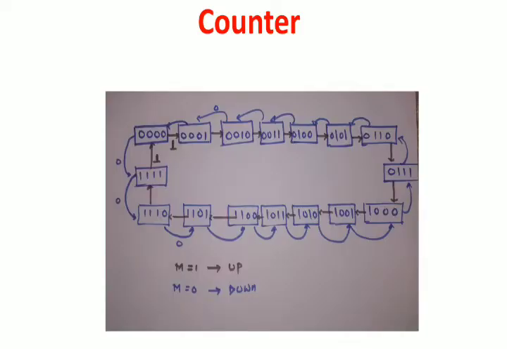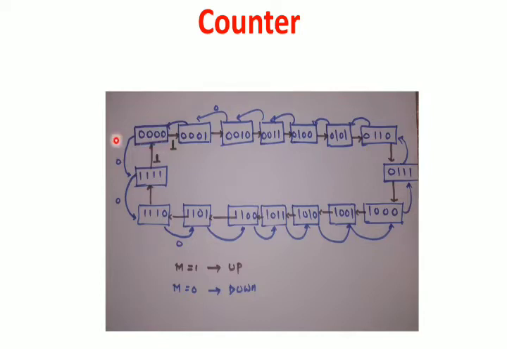As far as the state diagram is concerned, where we have a 4-bit up-down counter, we'll start with the initial condition, maybe 0 0 0 0. In case of up counting, it should go 1, 2, 3, and so on up to the last combination 1 1 1 1, and then it resets and comes back to its original position 0 0 0 0. In order to accomplish this, we'll use a mode signal M, where M equals 1 should switch to up counting.